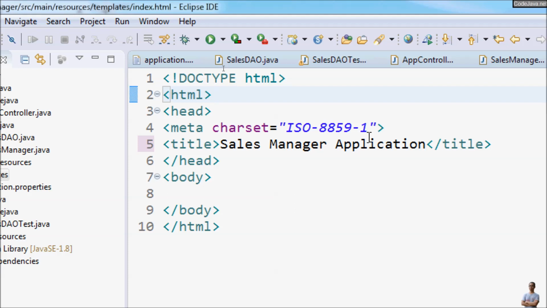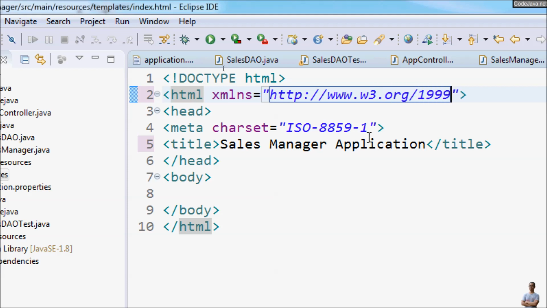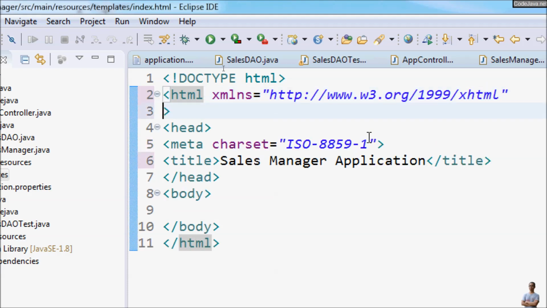And for the Thymeleaf template we need to specify the XML namespace here. The XML namespace is http://www.w3.org/1999/xhtml, and the second namespace is for